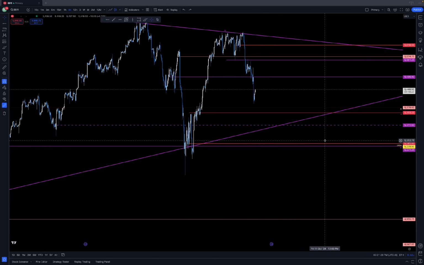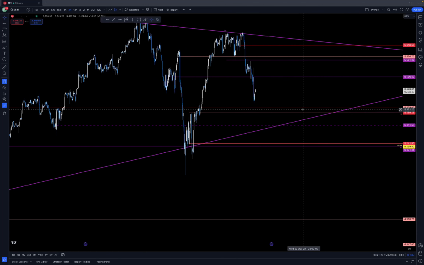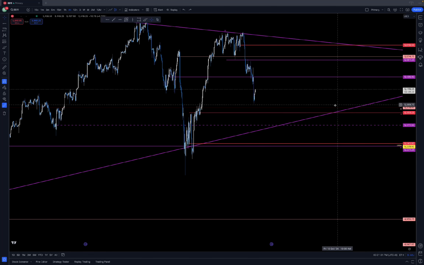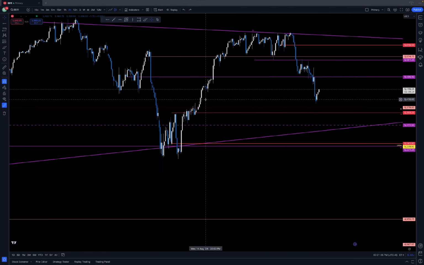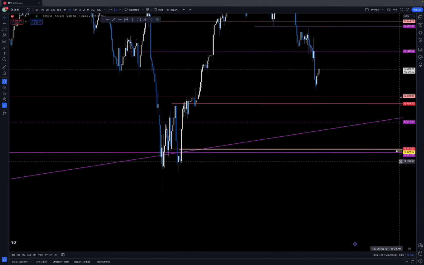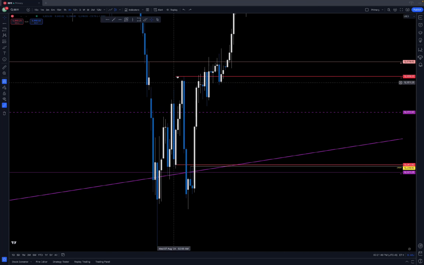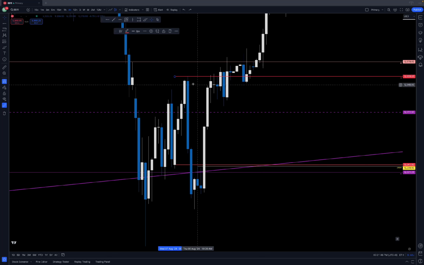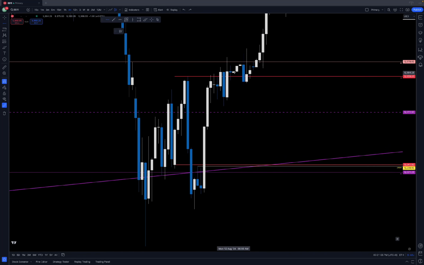I would not like longs in this area unless it did reclaim trend or did show that it was building into doing that. So moving forward, what do we have from this top part of the wick of the daily? We have the wick of the daily up here on the 4-hour. So it created that, came back down, rejected, and at a certain point we did close above it right here, moved up